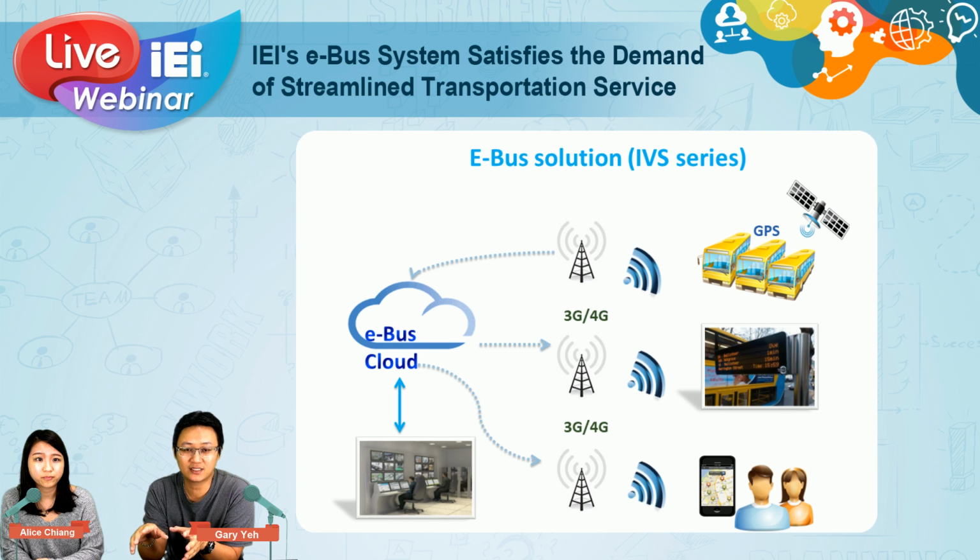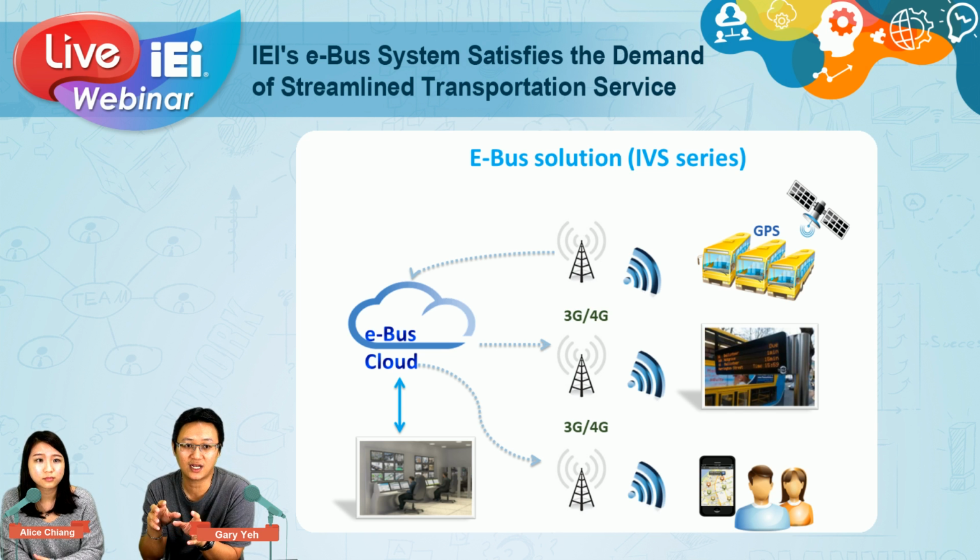We built the bus system in Taipei city. When you visit Taipei and ride the bus, you can see our solution. We use GPS positioning to get the bus position, and through 3G or LTE, send the position back to